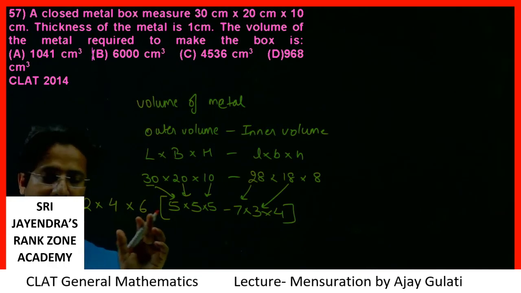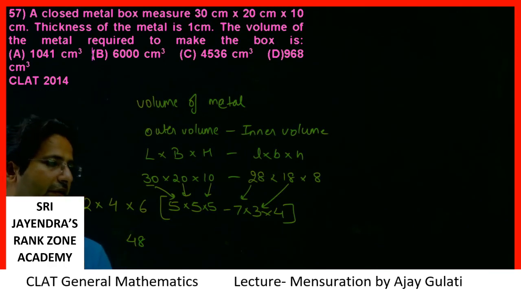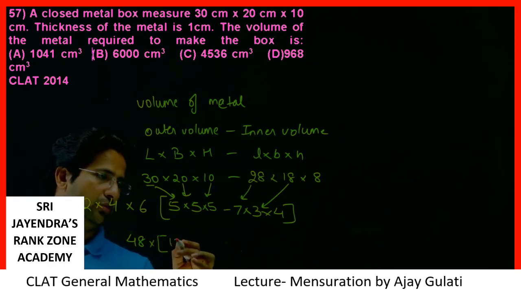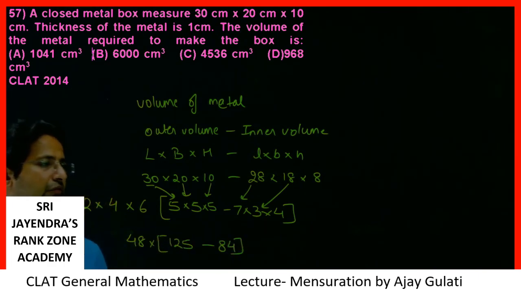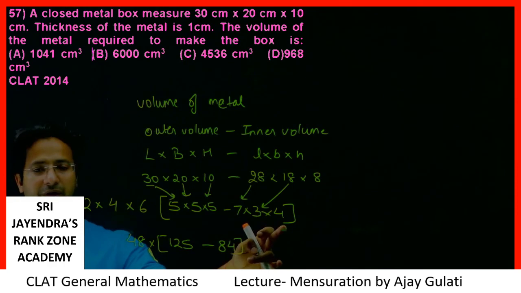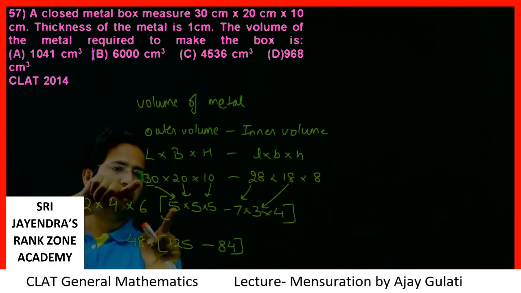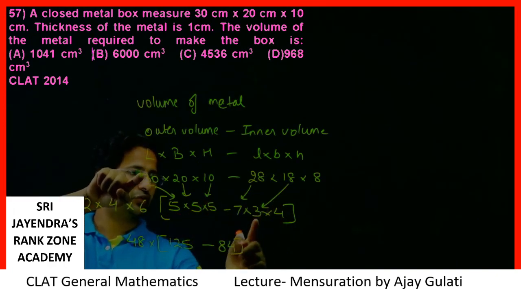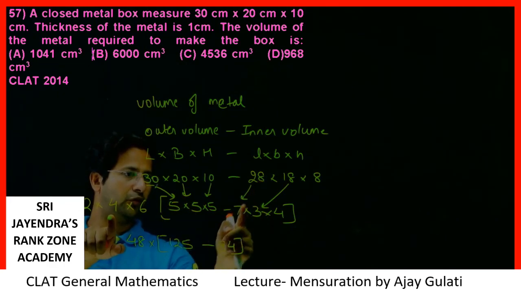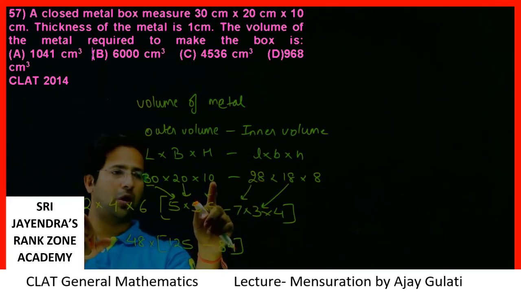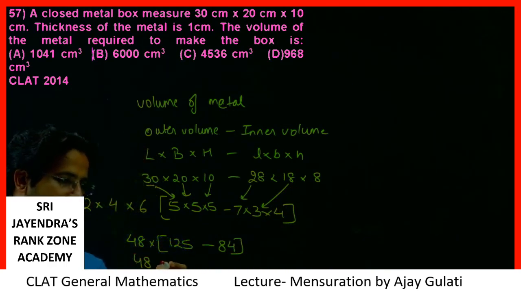2 into 4, 8. 8 into 6, 48 into 125 minus 84. 7 into 3, 21, 20 into 1 into 4, 84. 5, 5, 5, 25. I'll still show you: 2, 30. 6 common, 5. 6 common, 3. 20. 4 common, 5. 4 common, 7. 10. 2 common, 5. 2 common, 8. So I have 48 into